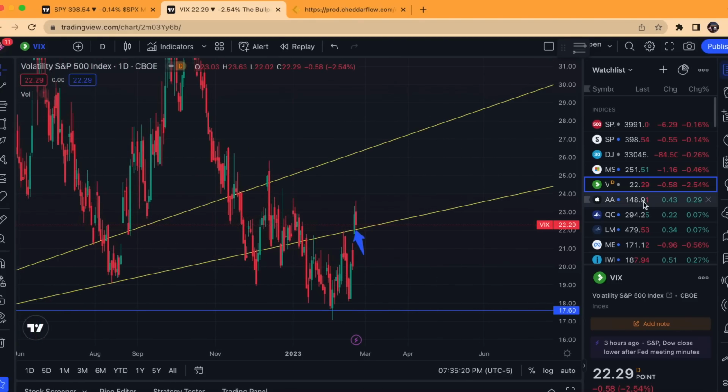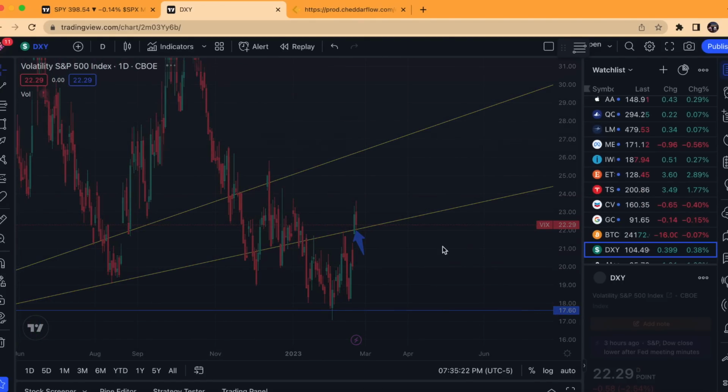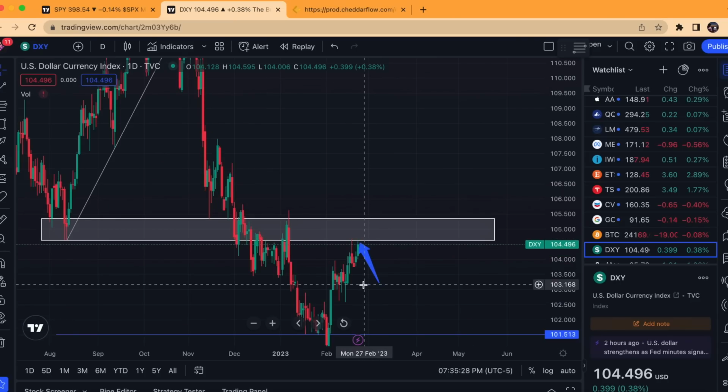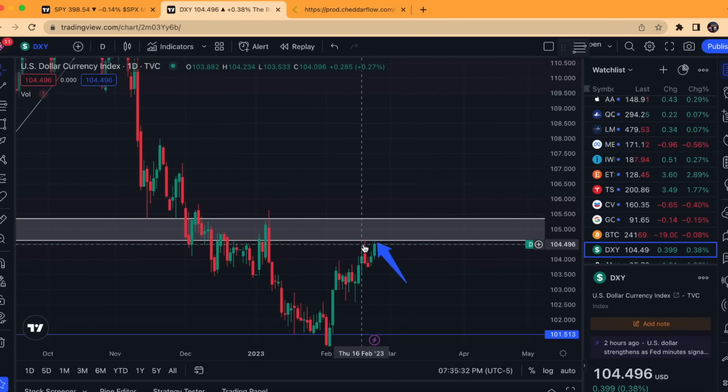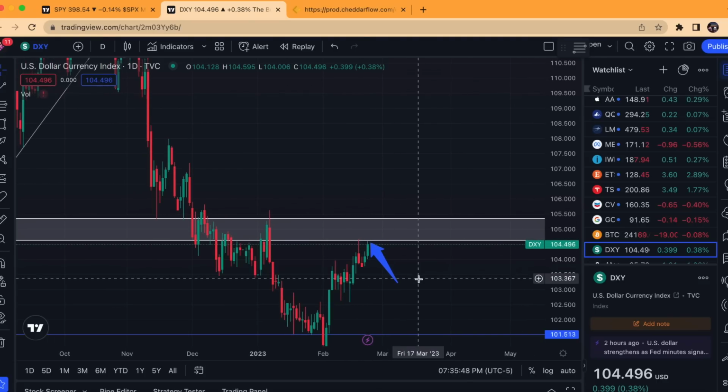And plus, I am watching DXY as well. Reference this in many videos. Right now, we are in the supply zone. This is the one that we got rejected hard off of back here on February 17th. So we are back in it. Remember, this is a supply zone. So if you are bullish on the general market, you do want sellers to step in within this zone. You don't want it to shoot straight through, because that would mean a lot more downside for the S&P 500,